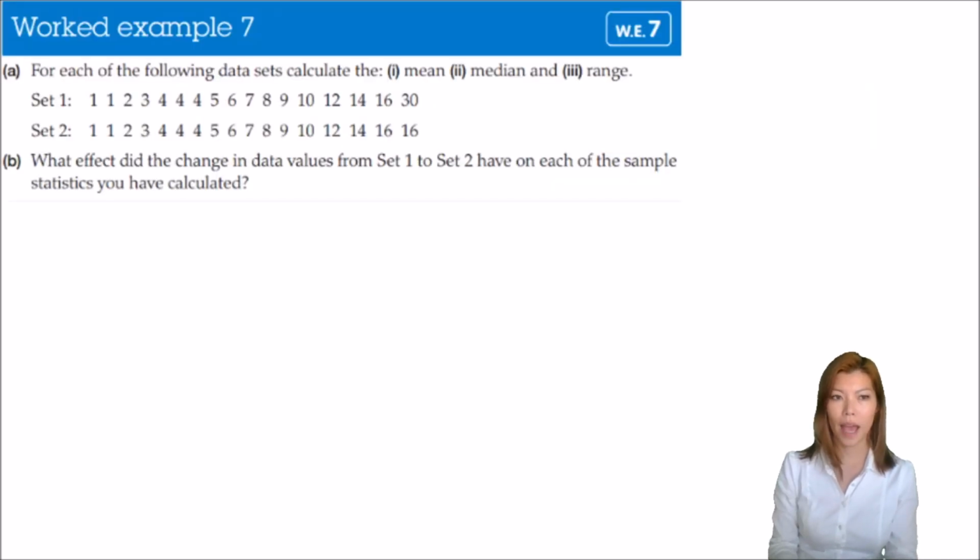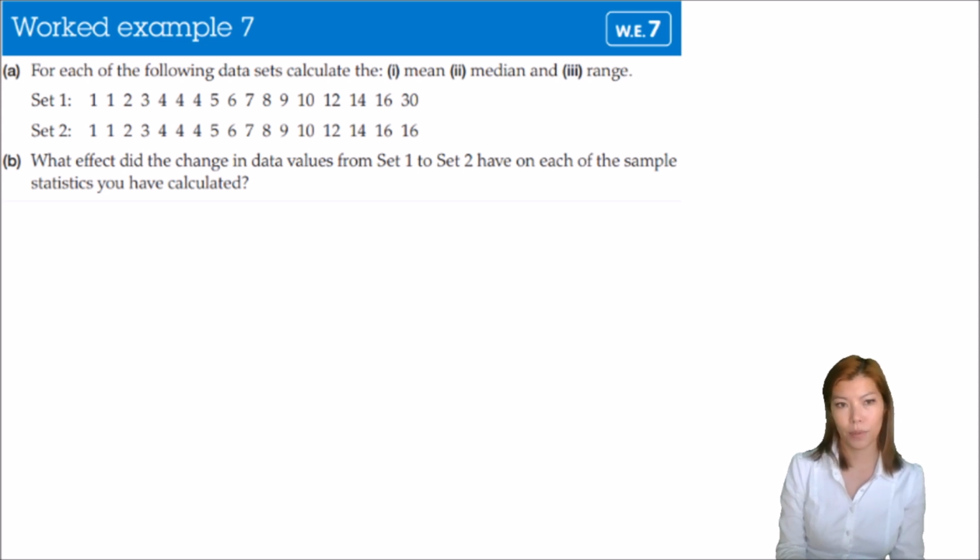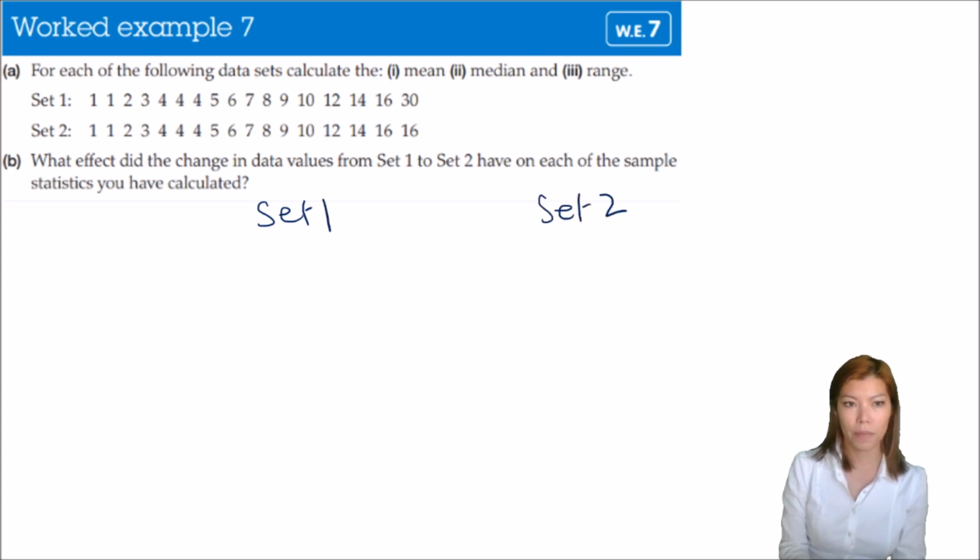Let's have a look at one of the examples in your textbooks. For each of the following data sets, calculate firstly the mean, and then the median, and then the range. So let's separate this and put it into set 1 and set 2. And let's look for the mean, the median, and the range. Let's do it this way. So for set 1, to look for the mean, we have to add all these numbers. So 1 plus 1 plus 2 plus 3 plus 4 plus 4 plus all of them up. And when we add them all together, we get